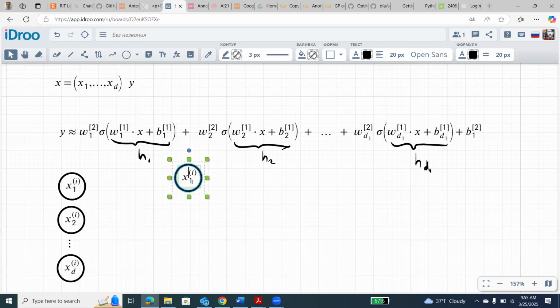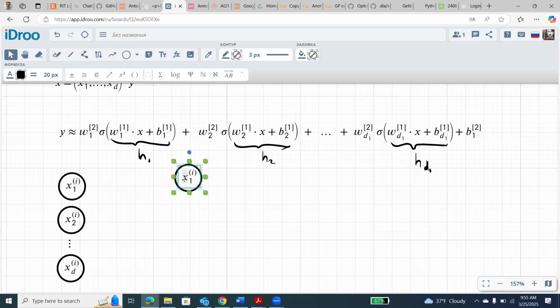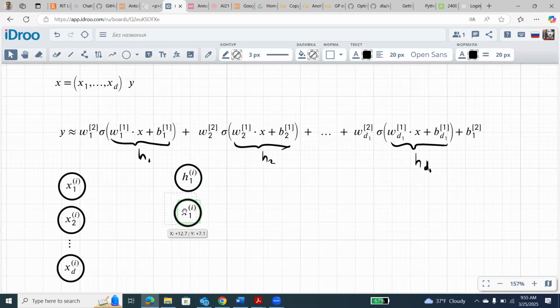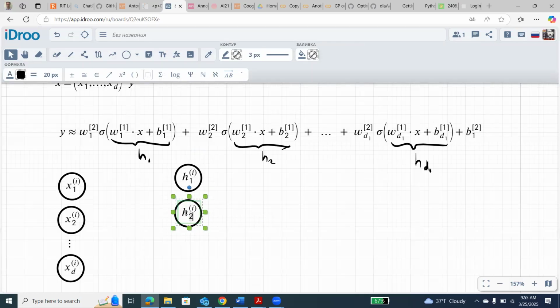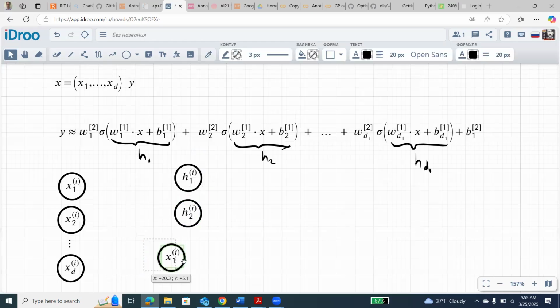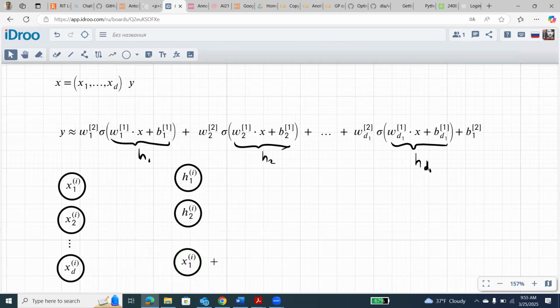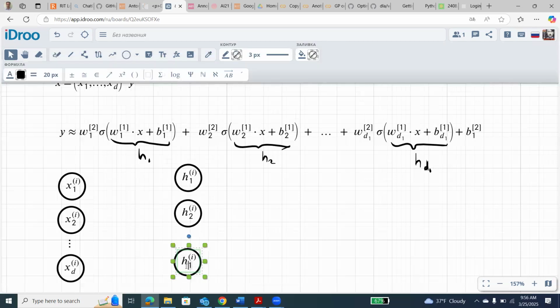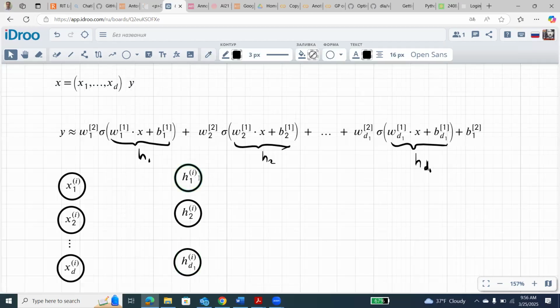D1 can be different. H2 and so on, H with index D1. So every H is calculated as a dot product